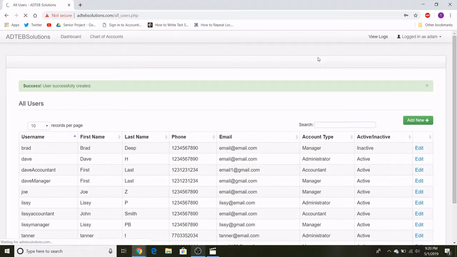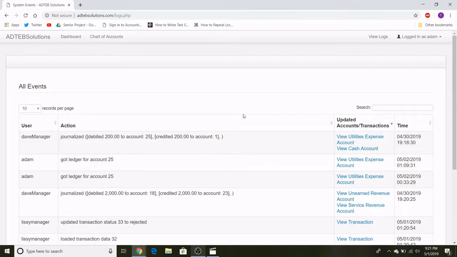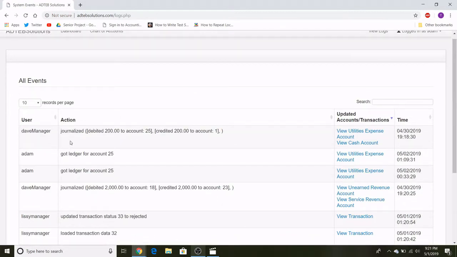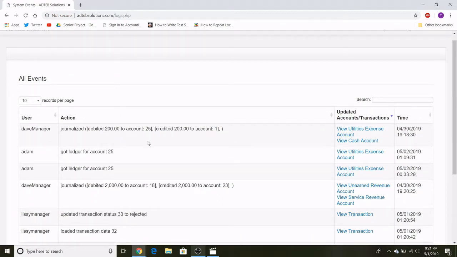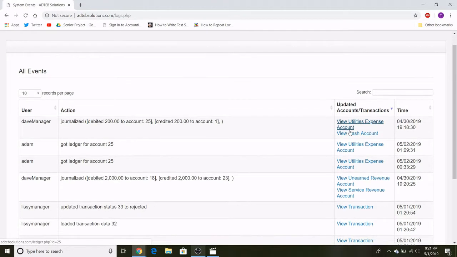The administrator also has the ability to view the logs. As I said earlier, these logs show the changes that have happened in the system. It takes a second to load all these logs since there's a lot going on. Here, you can view what has happened to certain accounts and what was done to them. We have added clickable links here that will bring you straight to the account so you can view what happened